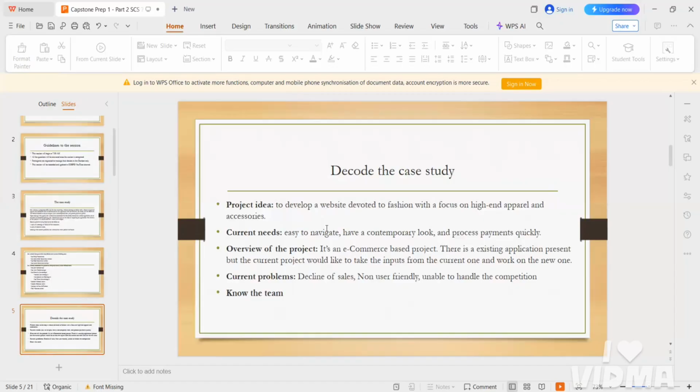For example, we have the current needs as easy navigation, payment should be done quickly, and the look of the website should be very good. Okay, these are the things we need, and the overview of the project is